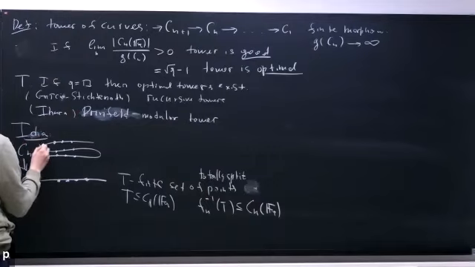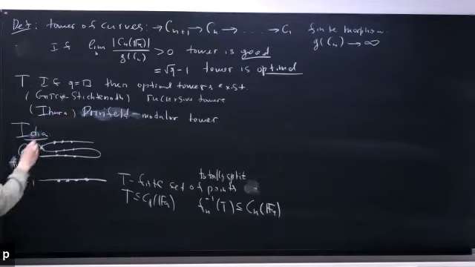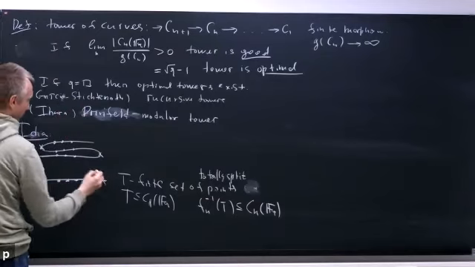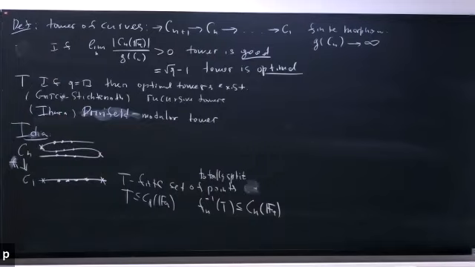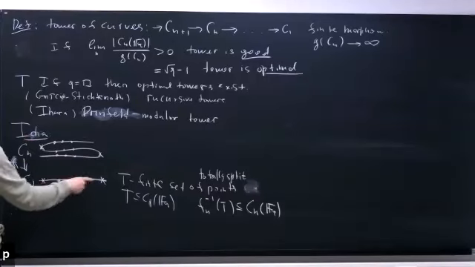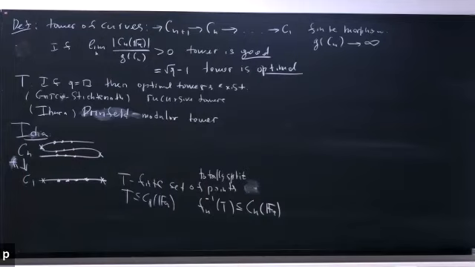So for this construction, we usually need that there is also a finite number of points on C1 such that all the ramification is concentrated over these points. So outside of this finite set, the tower is unramified. So that's the basic idea of how all these things are constructed.